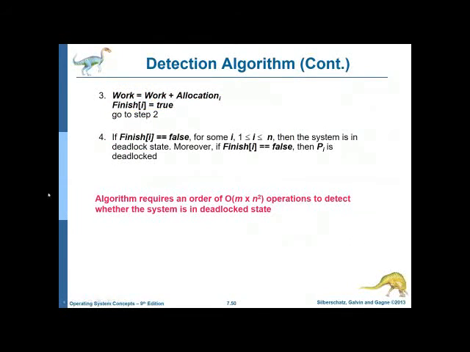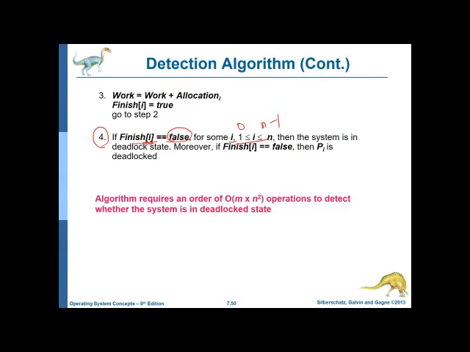Now let us come to step number 4. In step number 4, we are checking whether for some value i varying from 1 to n, or 0 to n minus 1, Finish[i]... say process P1 was okay, P0 was okay, P5 was okay, they all are true. But the remaining ones like P2, P3, P4, P6, Pn minus 1, all these are still false. Still false means what? It has not been able to satisfy its request. So that is why it is still in a pending state.